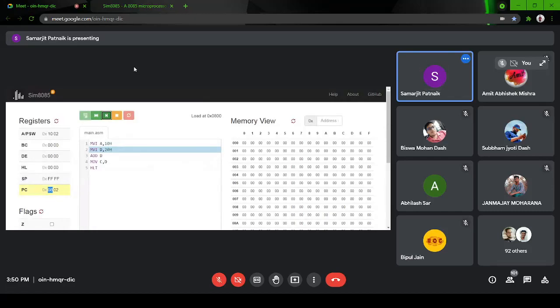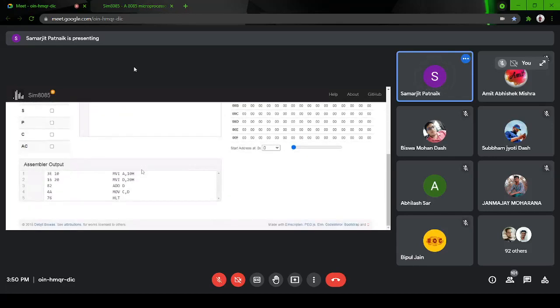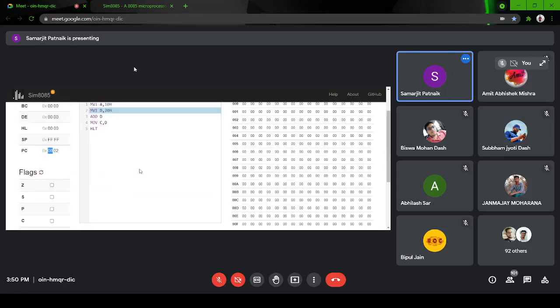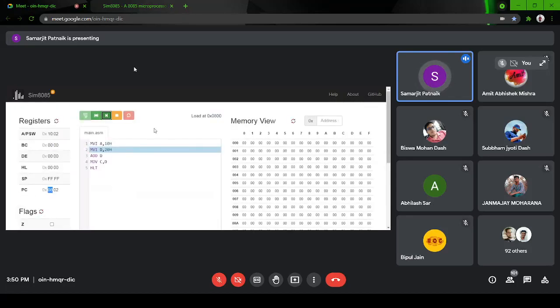Why? Because each instruction takes some bytes in memory. MVI A, 10 takes 2 bytes in memory, so the next instruction starts at 0802. Understood the logic of program counter? Any doubt?